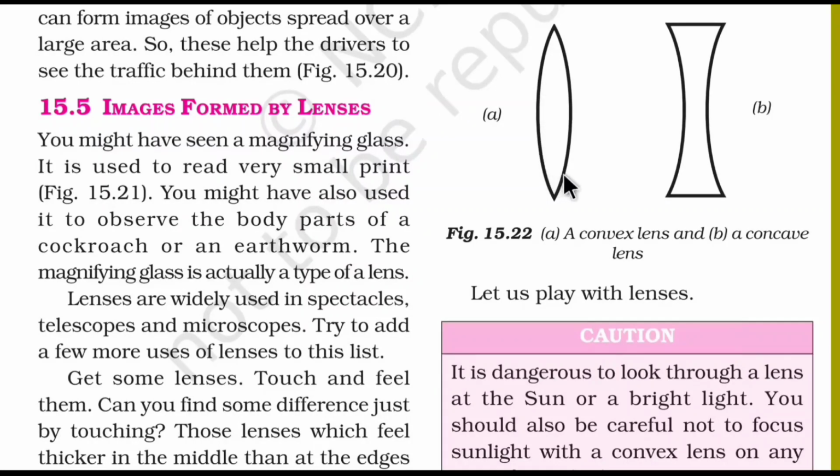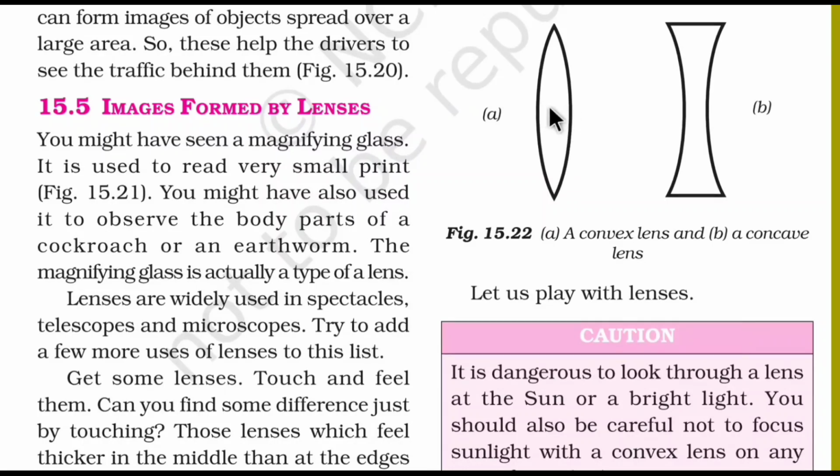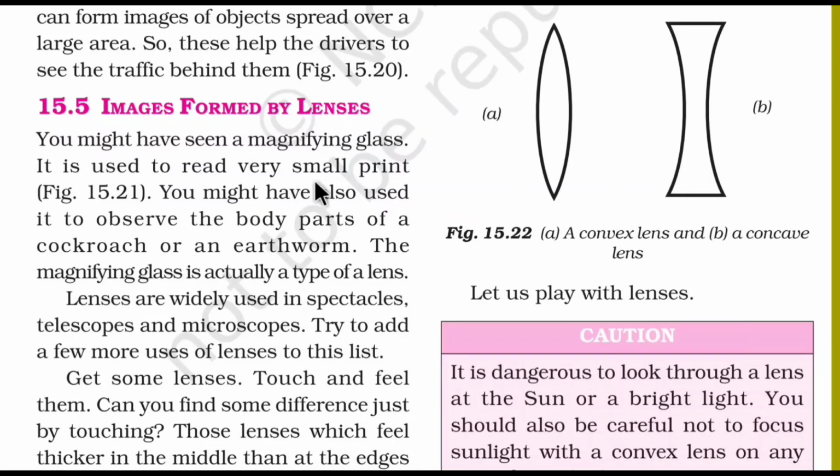You know there is a figure, this is known as the convex lens and this is known as the concave lens. Actually they are circular in shape, but as we have done already, this is the cross-sectional view. If we make a cross-sectional view of these lenses, then for the convex lens the middle portion is thicker and the outer portions are thinner, but it is totally opposite for the concave lens. You can see here, in the cross section of the concave lens, the middle portion is thin and the outer portions are thick. It is written here clearly.